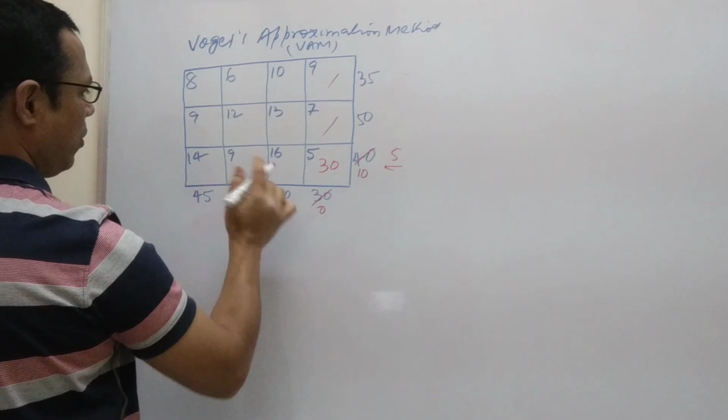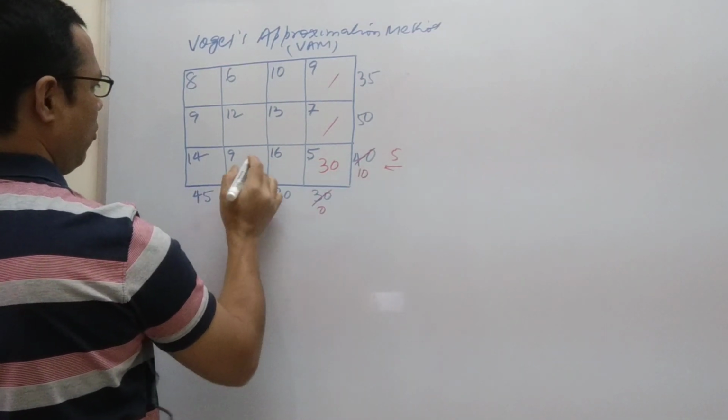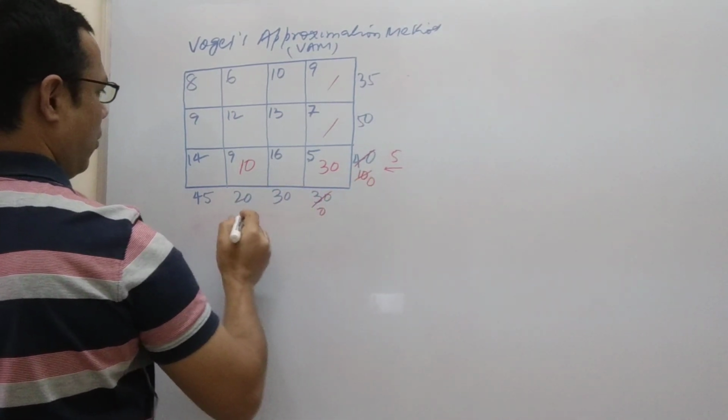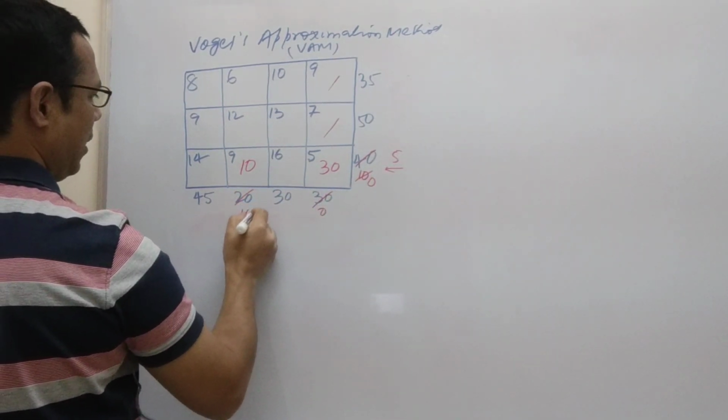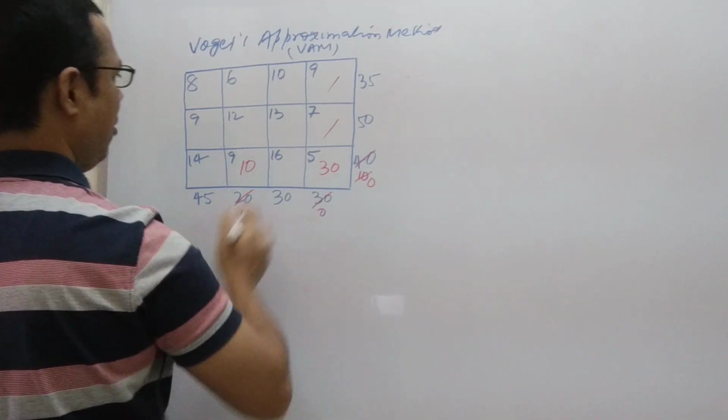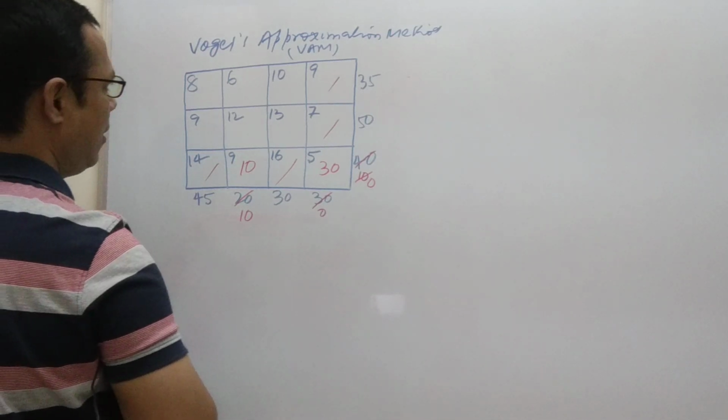So this 9 is going to give the least cost. So 10 and 20 will compare. 10 will enter into the row. This is going to finish from the supply points. Now this will become the 10. Now 10 more demands are left, and because this has finished, now these cells are going to finish.